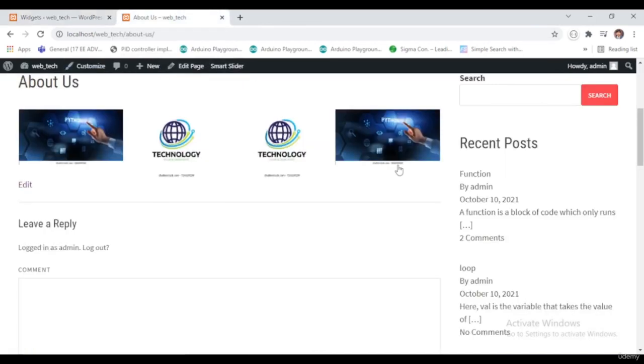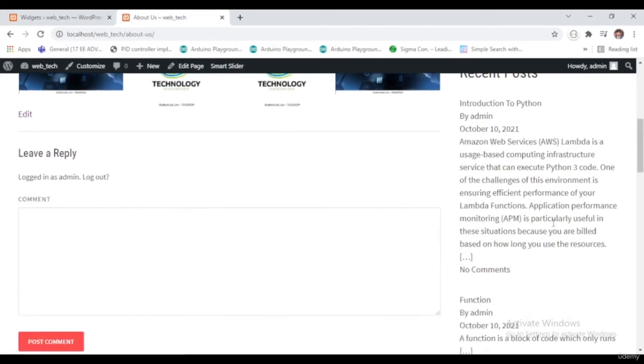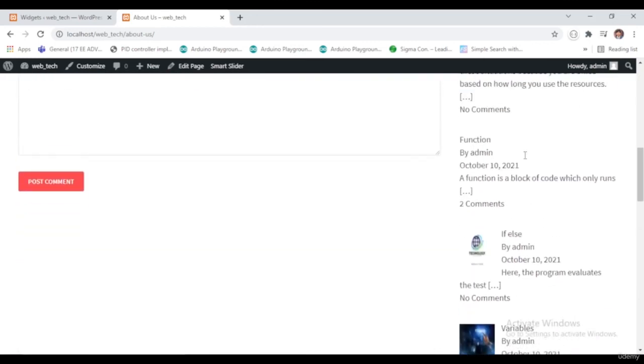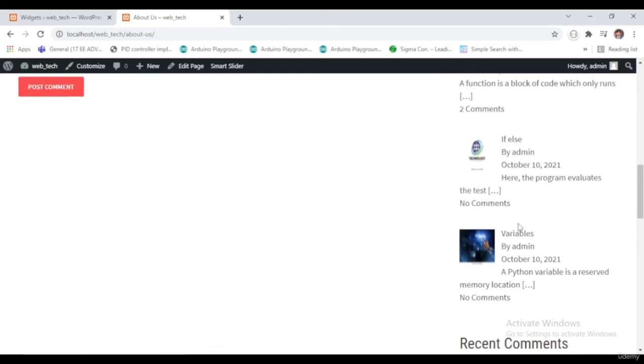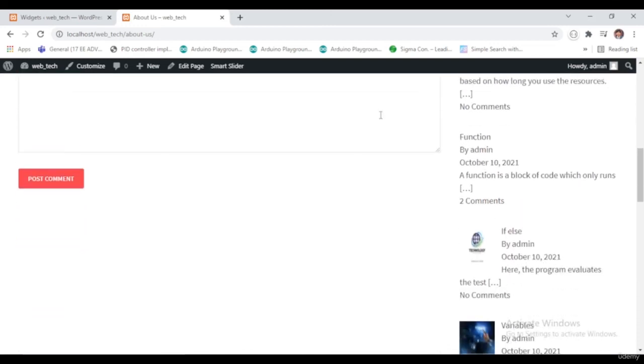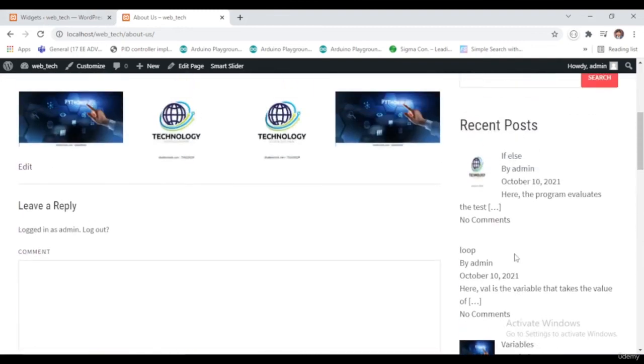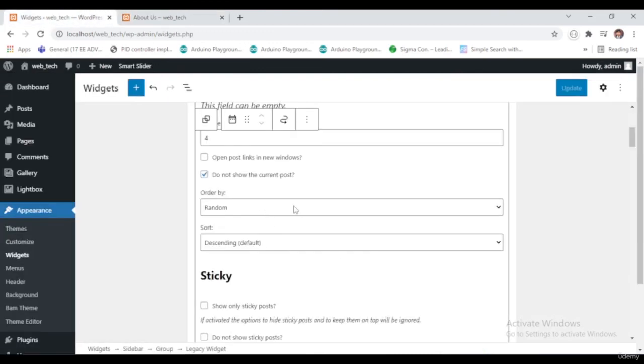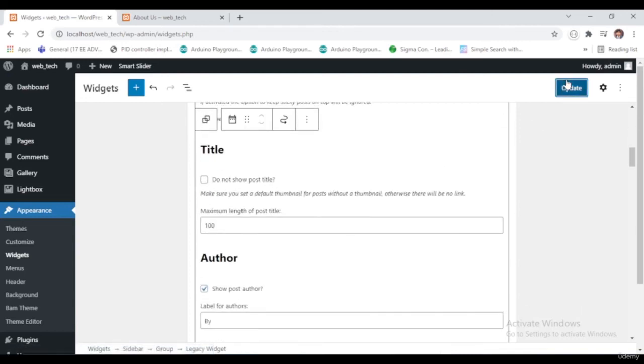now what you will see at first here is function, because I created this post last, and as I reload it, now you can see this introduction to Python is first, and this function has gone to second, if else at third. Now again if I refresh it, the order will change again. So you can do it like that, but I will leave it at default. Now I'll just update it